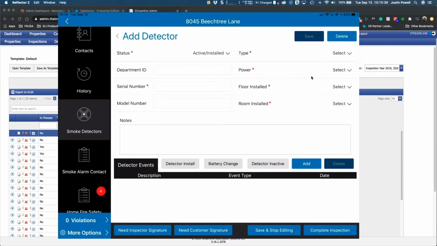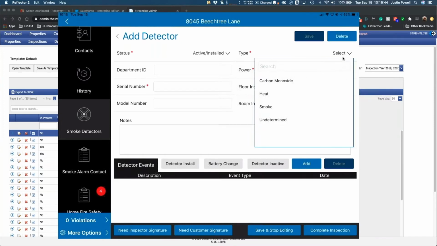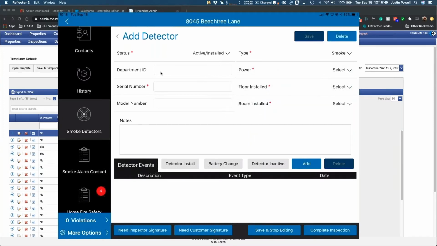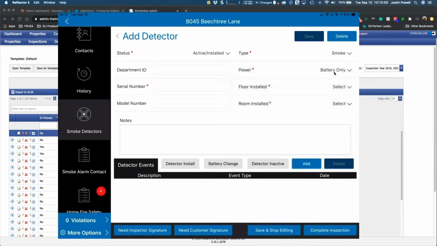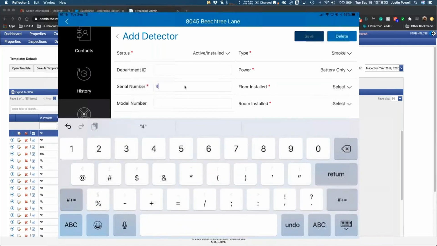Okay, so when I jump in here, by default, it's going to say it's installed and active. What type is it? Well, let's just say it's smoke. Do I have a department ID for this? Maybe if you were using a barcoding system and you had a barcode or a tag that you wanted to put on there, you could add that in here. I'm not going to do that. I'll just say it's battery only. The serial number is,